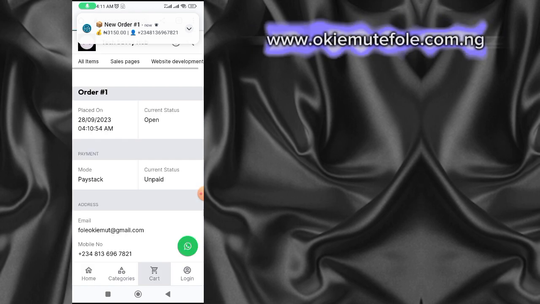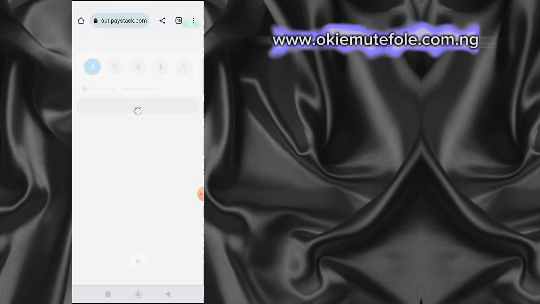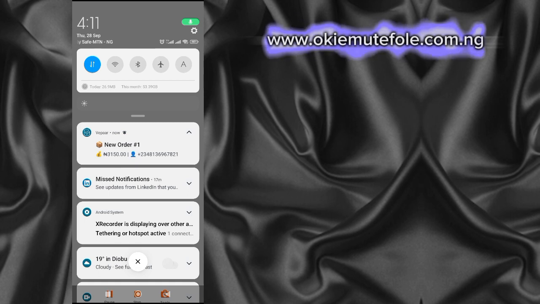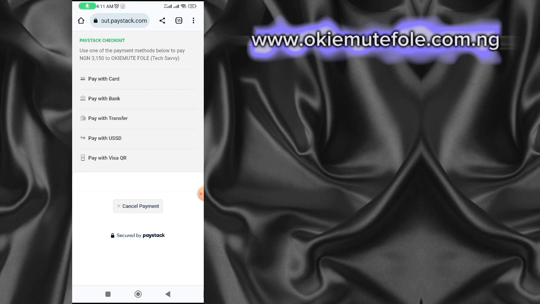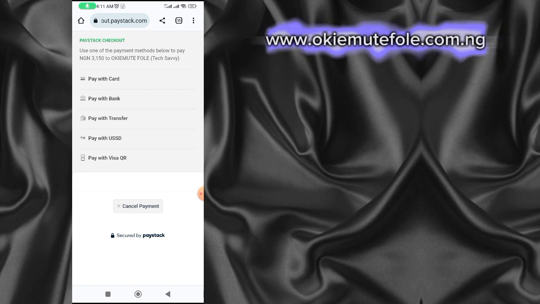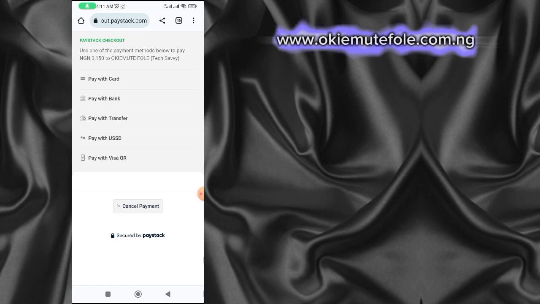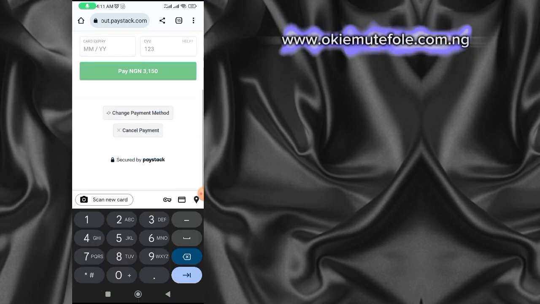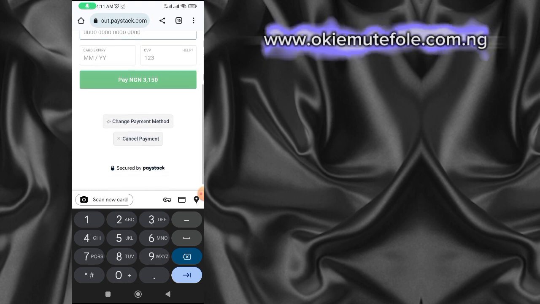So you can see now my order is currently being confirmed. I just received a message now, new order on my Vipa store, that there's a new order from some person, and then the person is trying to pay with Paystack. So automatically it redirects the person to Paystack payments dashboard or gateway. So the person can pay with card by putting their cards here, or they can pay with any other method,